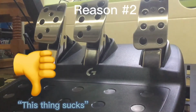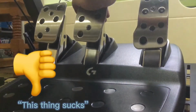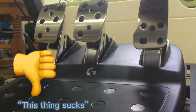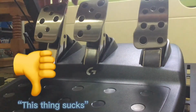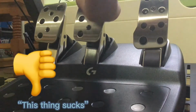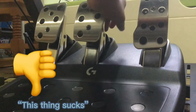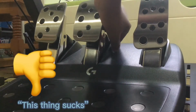So number 2 is this very stiff brake pedal. As you can see, this is the brake pedal, and compared to the accelerator, it's so stiff. This is the accelerator at full. This is the brake at full with me pushing my hardest, and this is your clutch at full. There is a spring inside over here, because someone cut it up, and it's a detailed spring. I think there's a little bit more spring on one side and it's closer on the other side